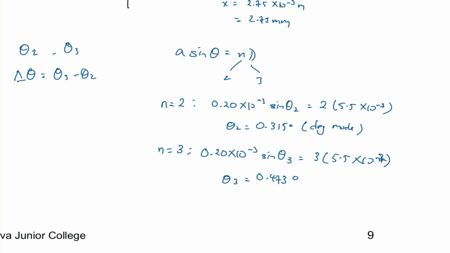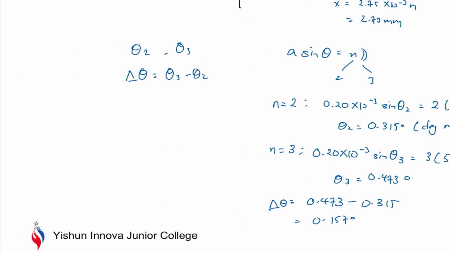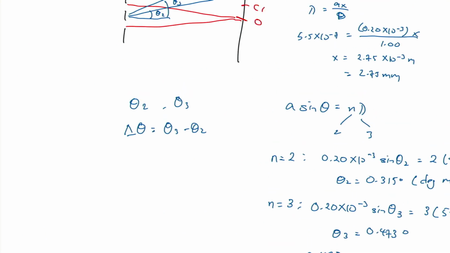Okay, so your delta theta is equal to 0.473 minus 0.315, which will give you 0.157 degrees. Okay, another way you can do it is, if you look at your diagram here,